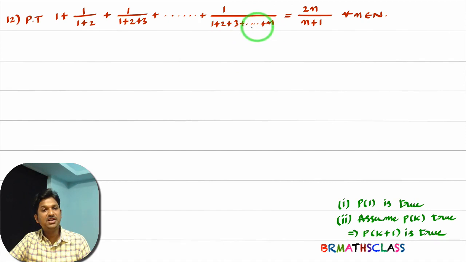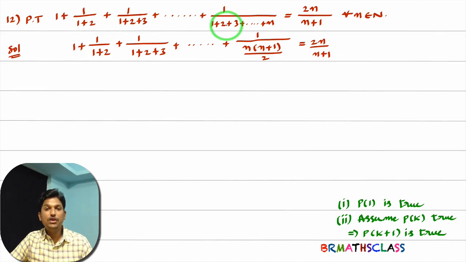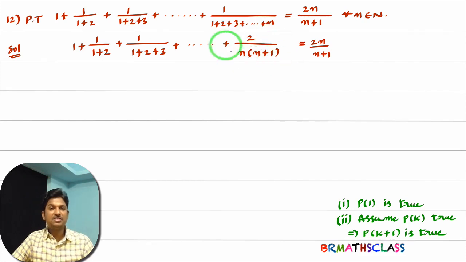In principle of mathematical induction, we did this first problem. Sum of first n natural numbers formula is what? We know that sum of n natural numbers formula is n into n plus 1 by 2. So what I did here, in place of 1 plus 2 plus 3 plus and so on plus n, I wrote n into n plus 1 divided by 2. If I simplify this part, this 2 comes to the numerator like this. Okay. So now proving this is same as proving this statement. We need to prove this statement by using principle of mathematical induction.